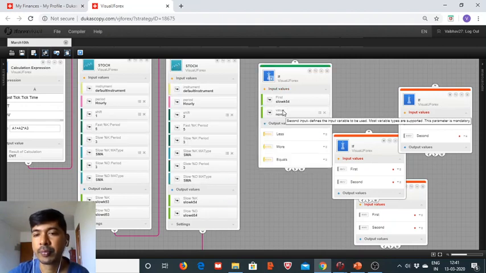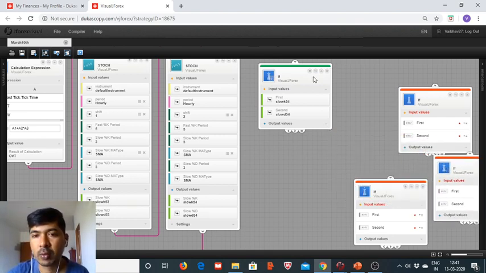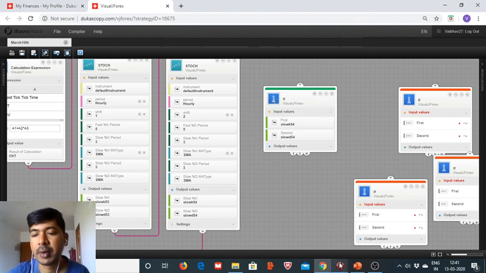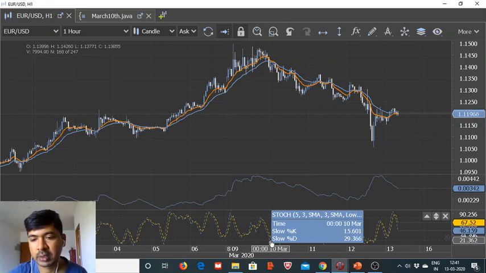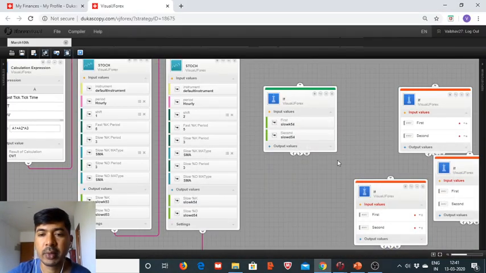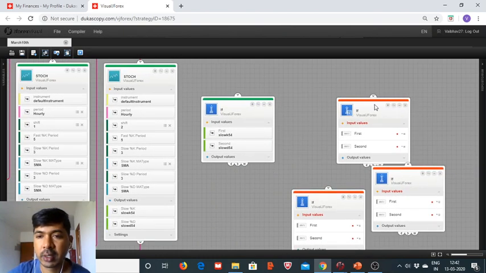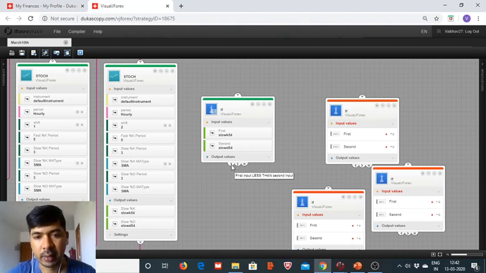First we are going to build the buy side. So for the buy side the requirement would be that this was in the selling momentum, that is the stochastic was falling and the percentage k was below percentage d two candle periods back, and then in the last candle closing time that changed and the stochastic slow k rose above slow percentage d. So here we keep it less than, the k is less than the d,